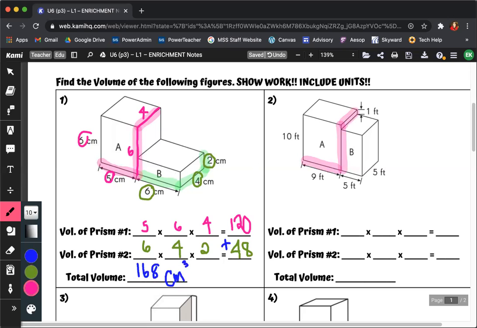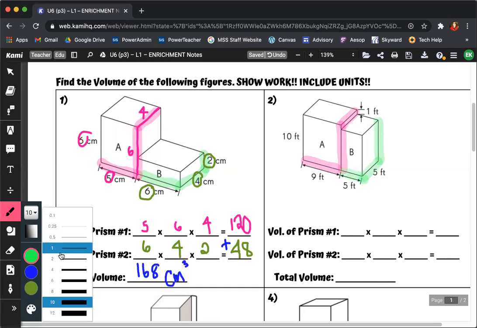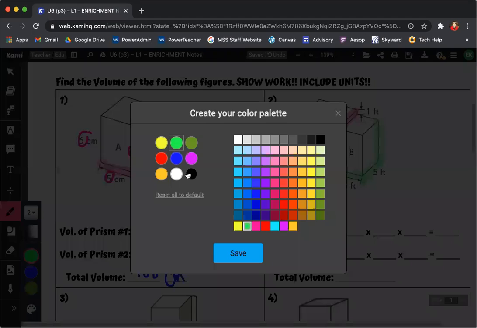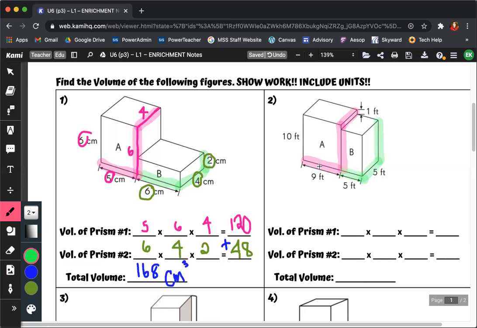Same thing for shape B. We want our length, we want our width, and we want our height. So looking at shape A, finding those dimensions, we've got our